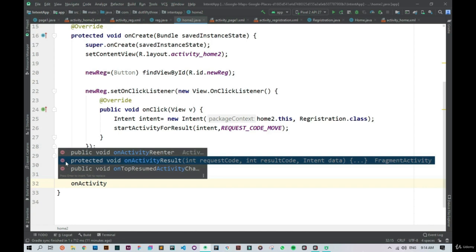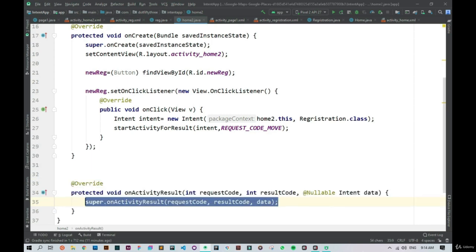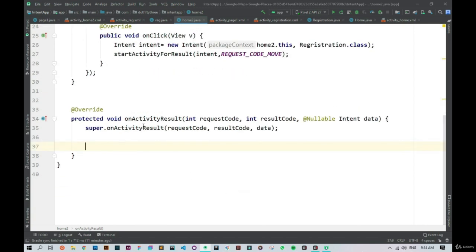now as you can see, the autocomplete feature of Android is suggesting me a method, and we are going to use this onActivityResult method in order to fetch the result from the intent. Okay, so now as you can see, this method has three parameters. One is request code, and